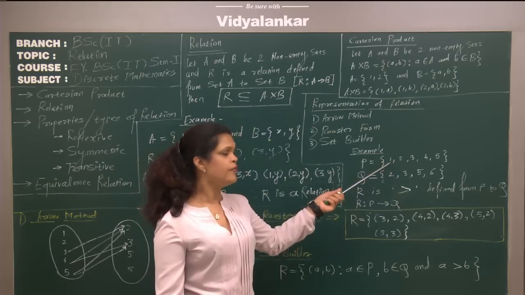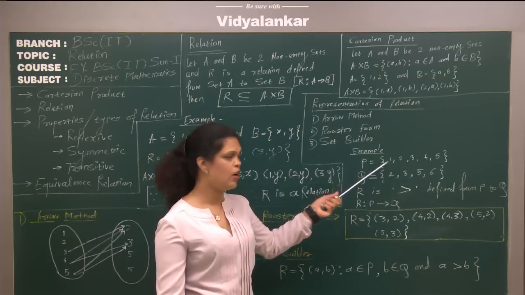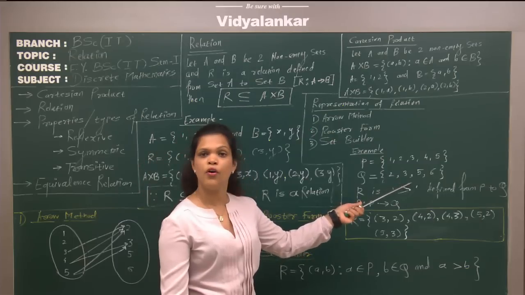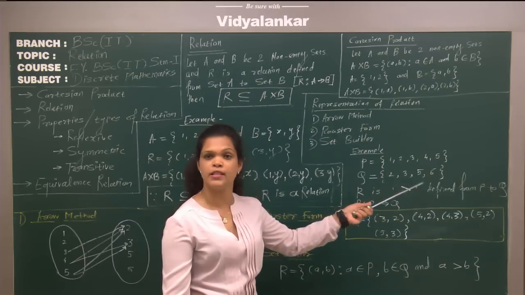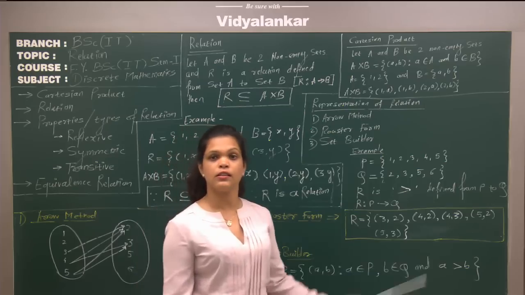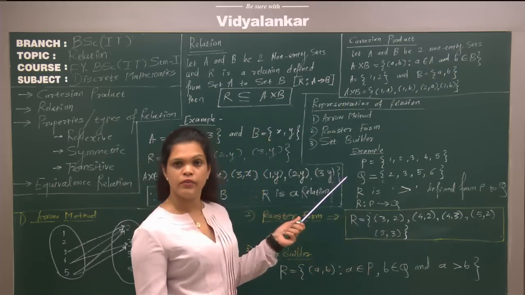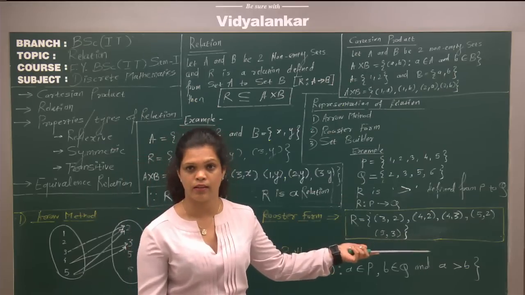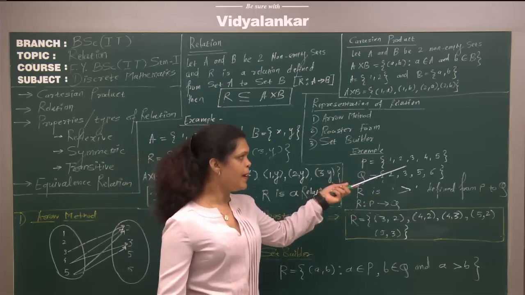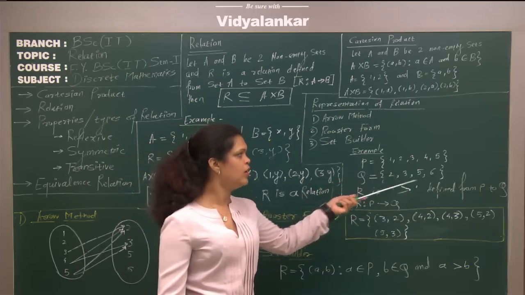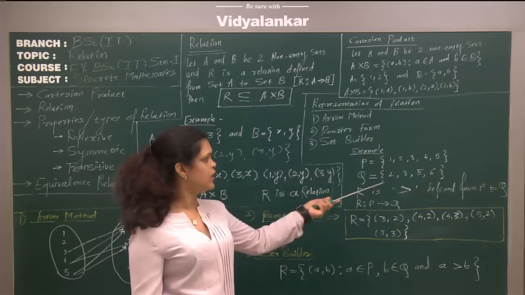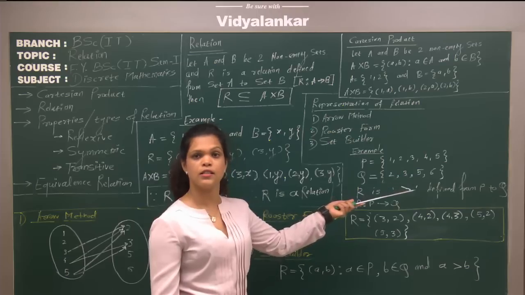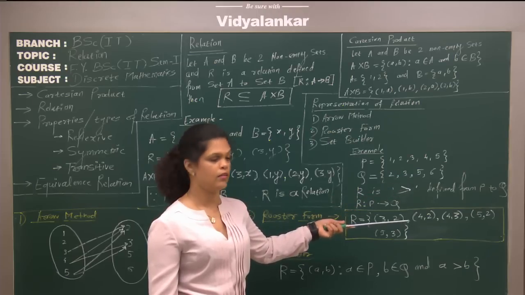Okay. Now we'll compare the first element of P, that is 1, with all the elements of set Q. Is 1 greater than 2, 3, 5 and 6? No. So we can't consider these pairs in relation R. We can't consider (1, 2), (1, 3), (1, 5) and (1, 6) in relation R. Now we'll compare the second element of P with all the elements of Q. Is 2 greater than 2? No. Is 2 greater than 3, 5 and 6? No. So we can't consider these pairs in set R.